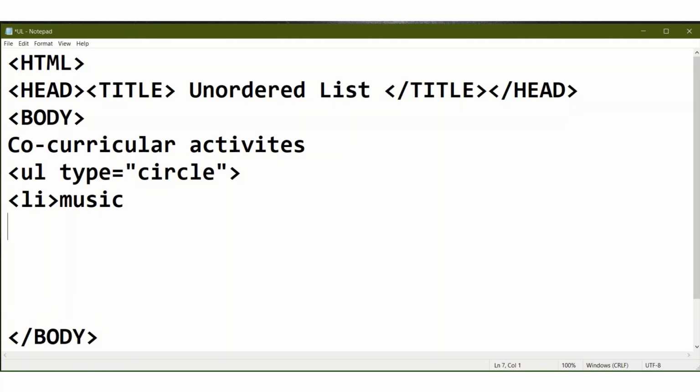Then again you have to give li. Suppose I am writing drama, then again li, then write art and craft.